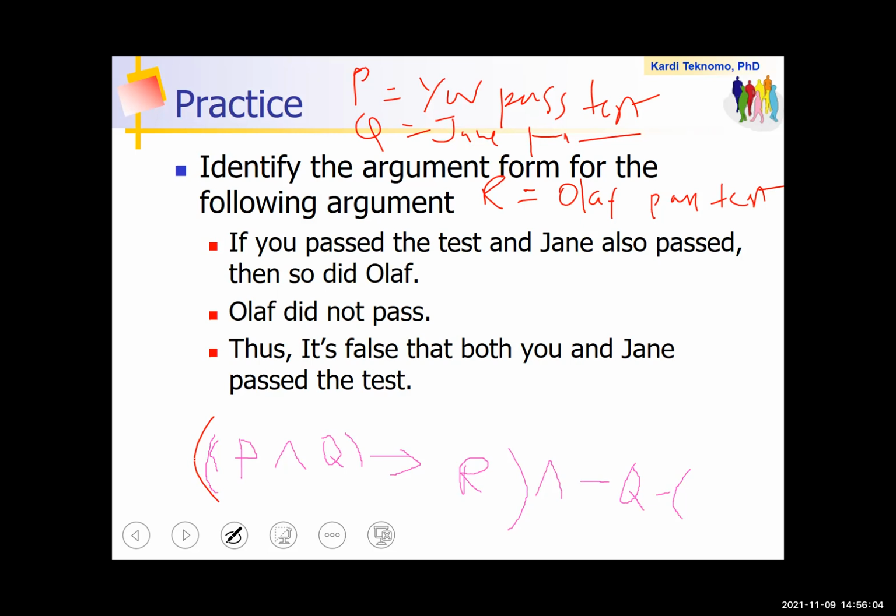Okay, sir, I'm sorry. So this one is R, not R, not R. Okay. Right? Not Olaf did not pass the test. And then, therefore you put arrow again. So you can put all together into another